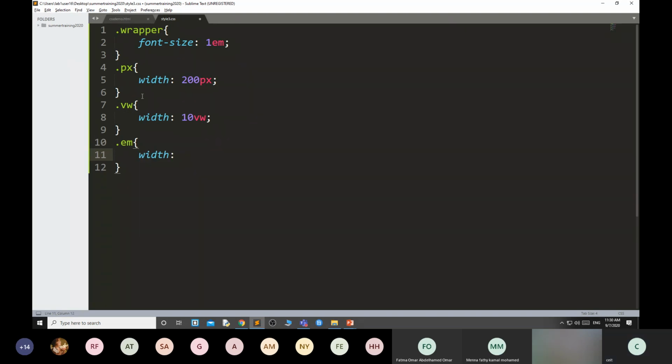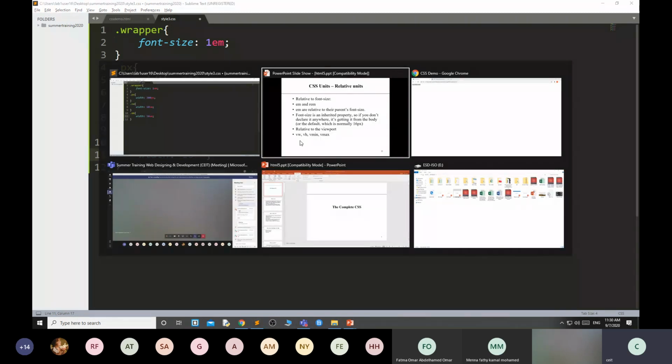Width 10 em, again relative to the parent. Our parent is suppose by default 1 em or 16 pixel. Relative to that parent, it will take the width.